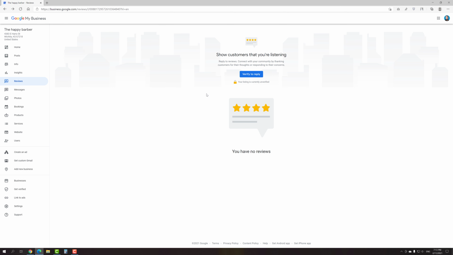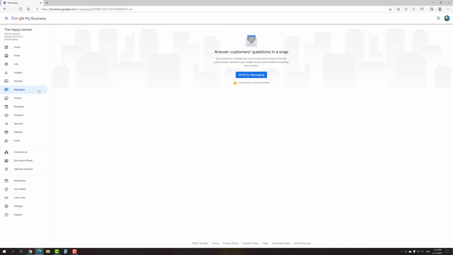Then we're gonna go over to the Messages tab. Once you turn on this feature, customers will find the appropriate button on your business profile and be able to message you at any time. It's an awesome opportunity to be in touch with your audience, so I highly recommend you to use it. However, pay attention that Google wants you to respond to messages within 24 hours of receiving them, otherwise they can even deactivate messaging for your business if you break this rule.